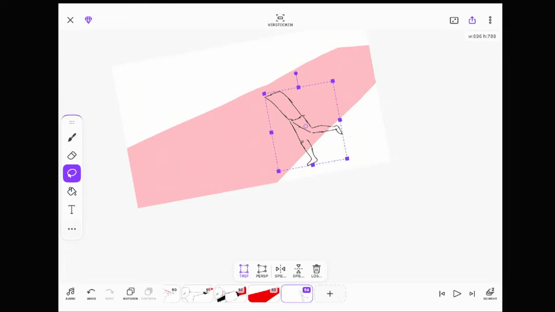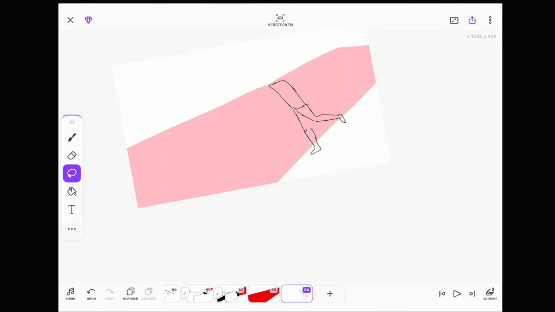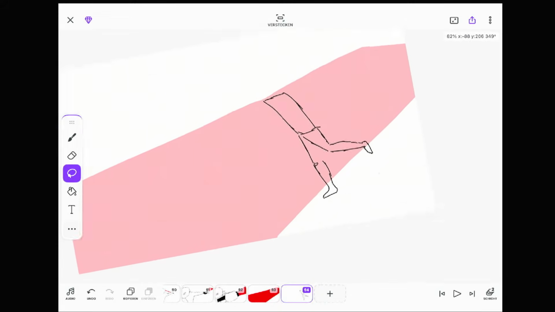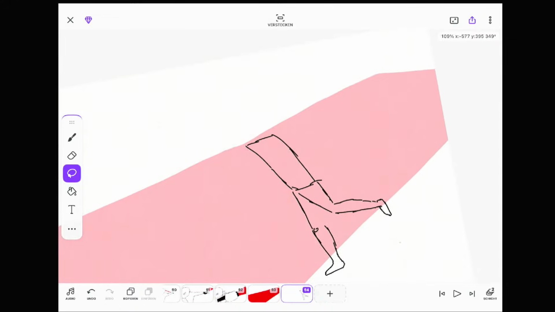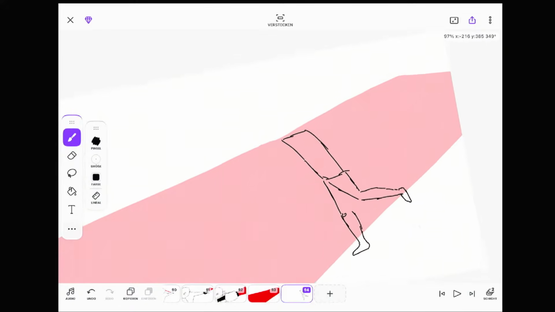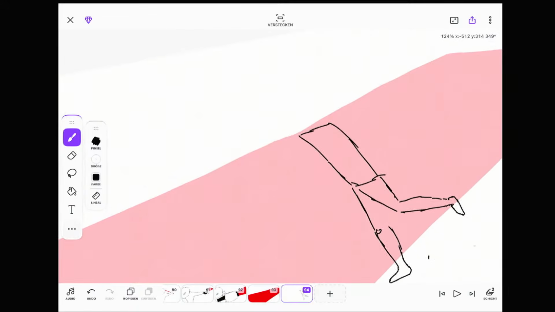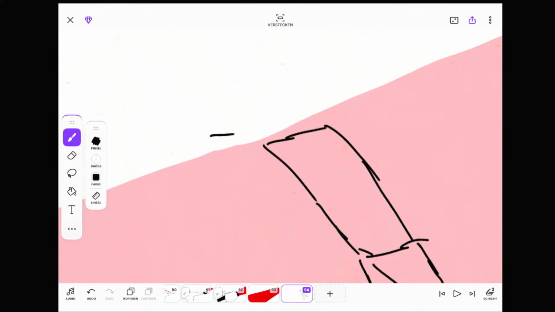I make it a little smaller. So when it's too large in the scene, then it can be that the movement doesn't feel good enough, I think. So that's really why I'm drawing the person a little bit smaller. Then the arm here.